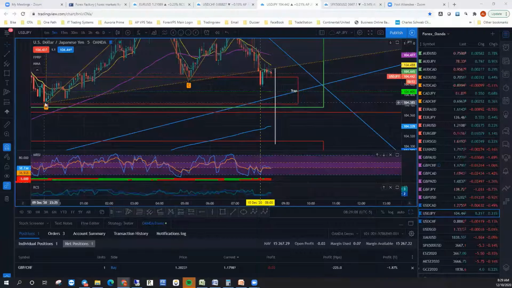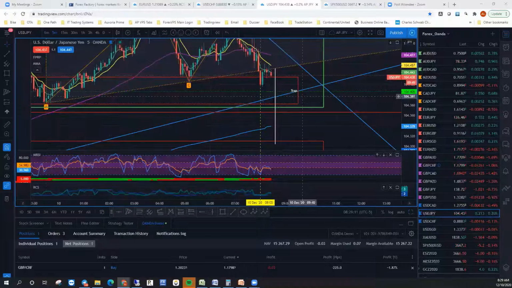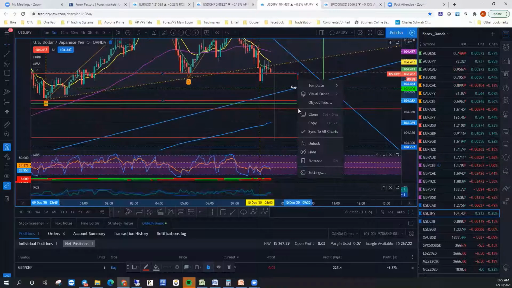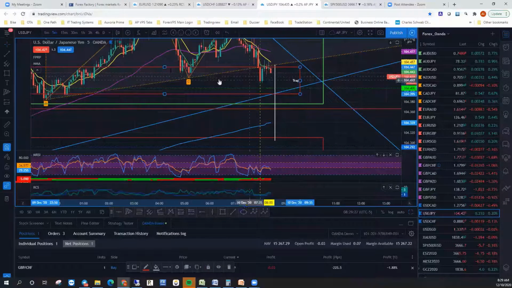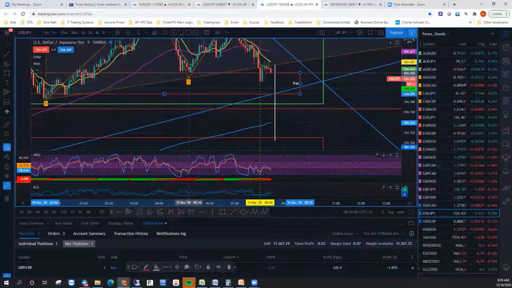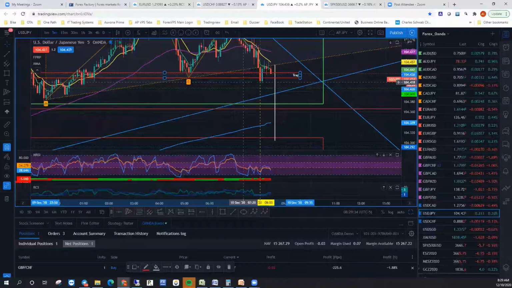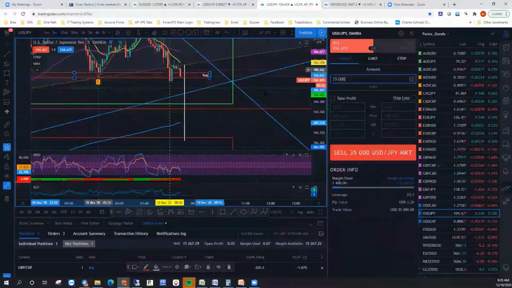Yeah, I can see it coming down to retest this low right in here. And this one, let's see, I'm going to move this one up. I want to see a close. This would be the area that I would be looking at here. Remember, we did get the close below this area right here, so we already have that. Well, let's take this trade and see what it looks like.